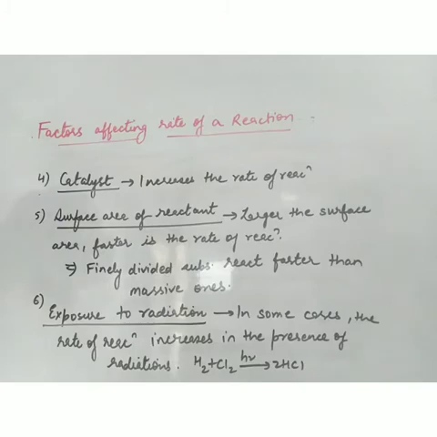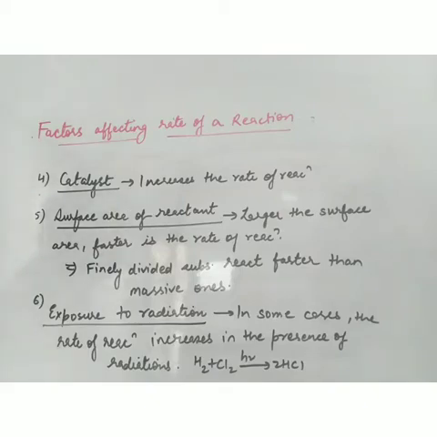The next is surface area of reactant. Okay, larger the surface area, faster is the rate of reaction, and this we have observed also. In lab when we do salt analysis, we give you powdered salts so that they react fast. Powdered, finely divided substances react faster than the massive ones, because if you divide the substance, what will happen? The surface area will increase. By finely dividing the substance or breaking the substance into parts, the surface area increases. New surface is created. So rate of reaction will also increase.